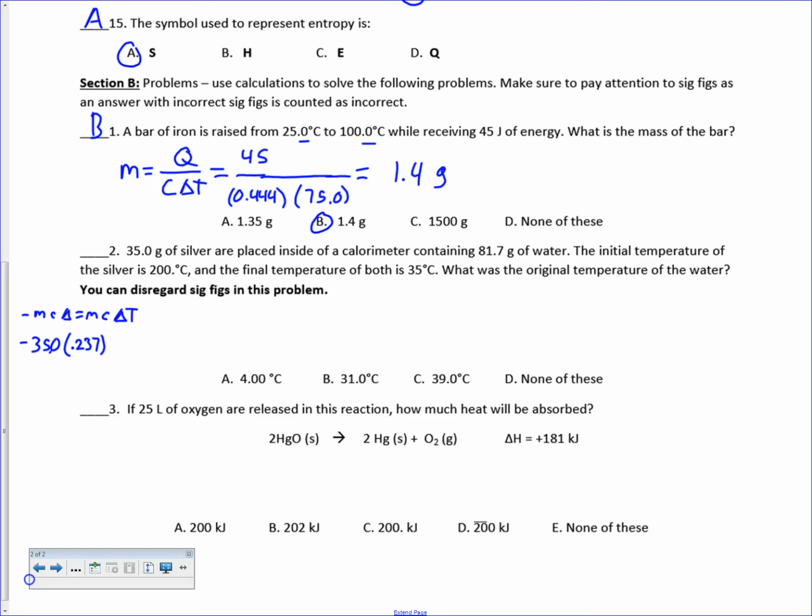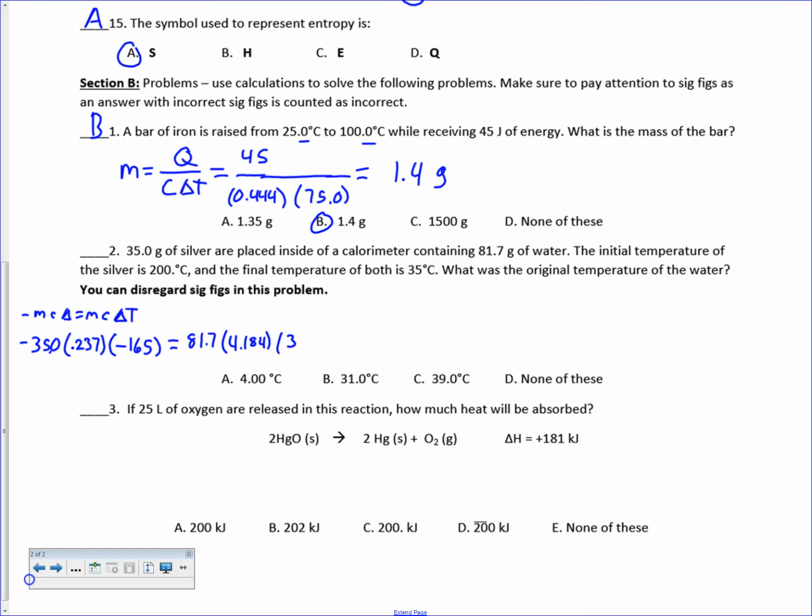Oh, I guess we don't really care about sig figs here, but it's good practice to kind of think about that. So this ends up being negative 165 equals mc delta T for the water, that's 81.7 times 4.184